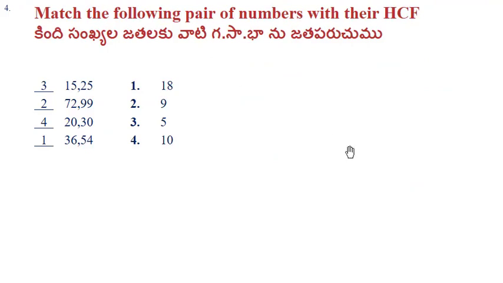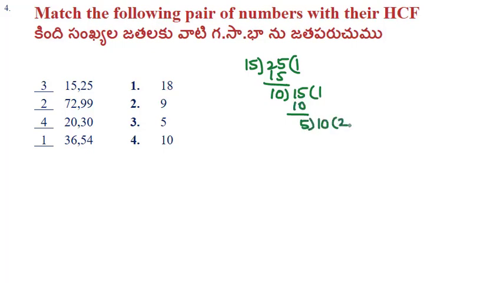Let us see the next problem. We have to match the HCF of these pairs. So 15 and 25. We can find the HCF of 15, 25. 15 ones are 15 and the remainder is 10, and 10 ones are 10 and the remainder is 5, and 5 twos are 10. So HCF is 5. And 72 and 99. 72 ones are 72. The remainder is